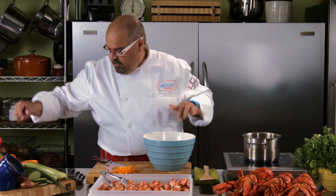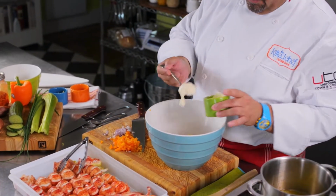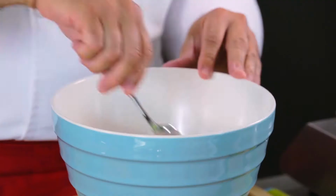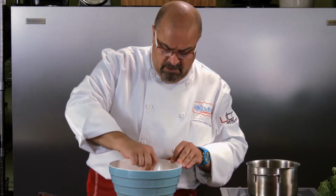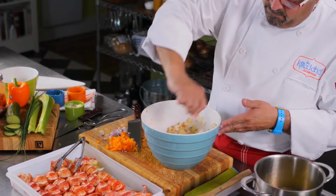From there, I'm going to take some mayonnaise. Not too heavy on the mayonnaise, because you want your lobster to be the star. So in this case, I put 2 heaping tablespoons to approximately 3 potatoes. I'm going to gently do a mixture of that so it's light. And this way, when I chop my lobster and put it in, you'll still have that beautiful red pigment that's